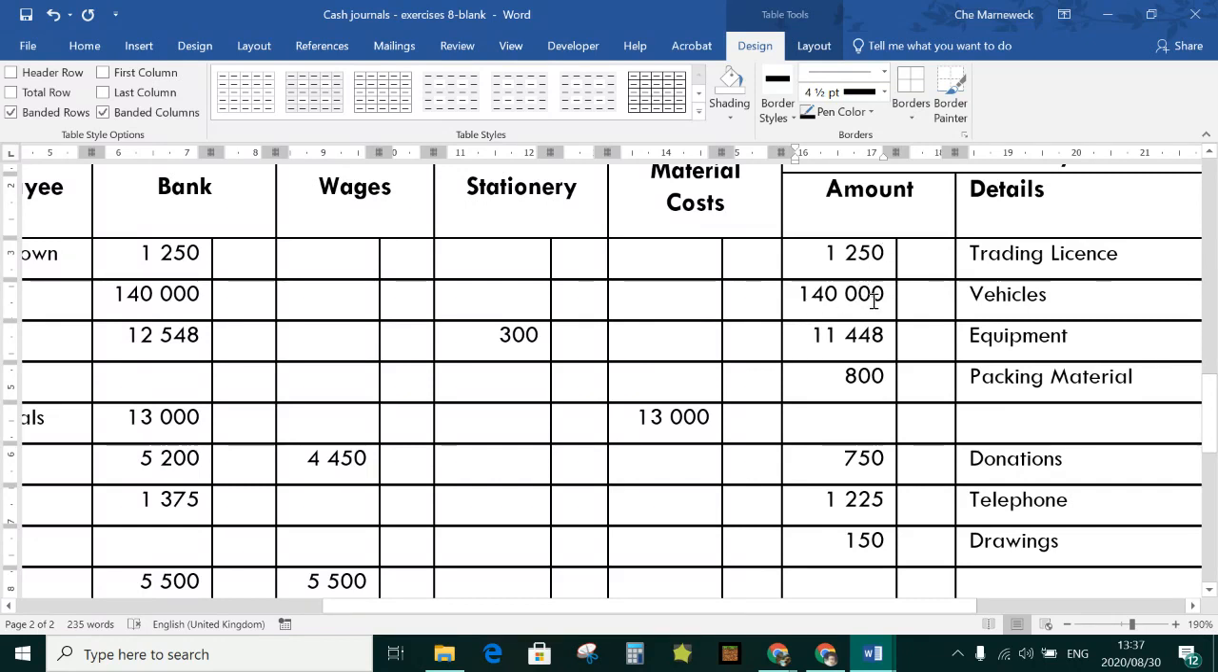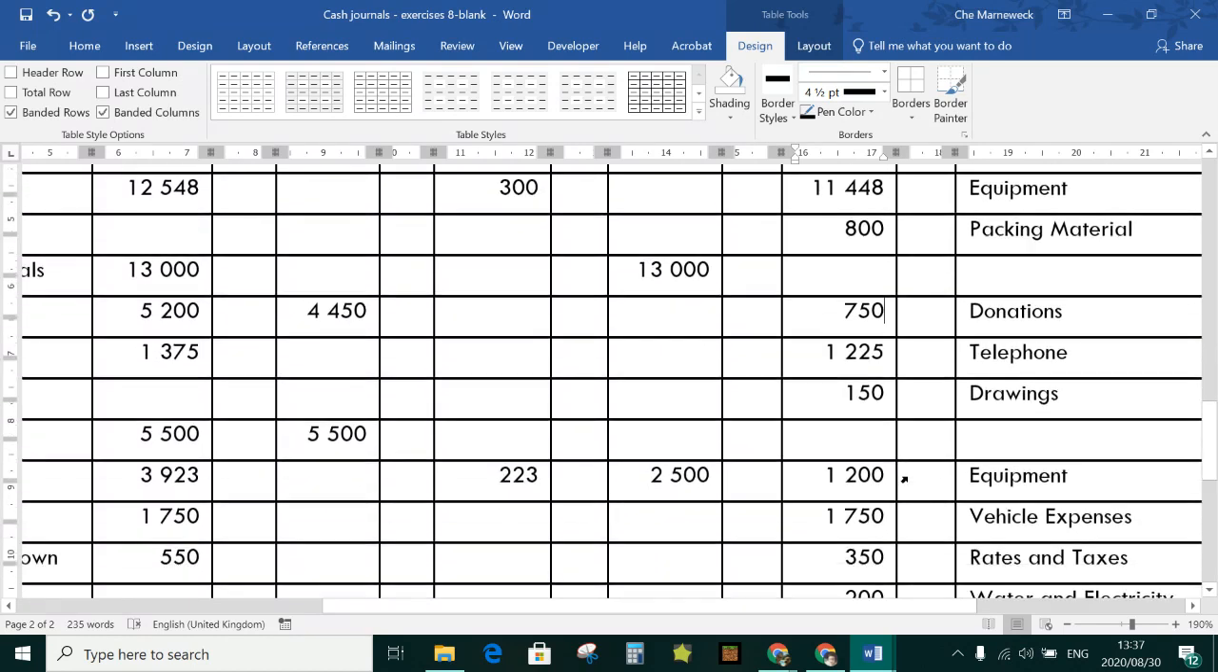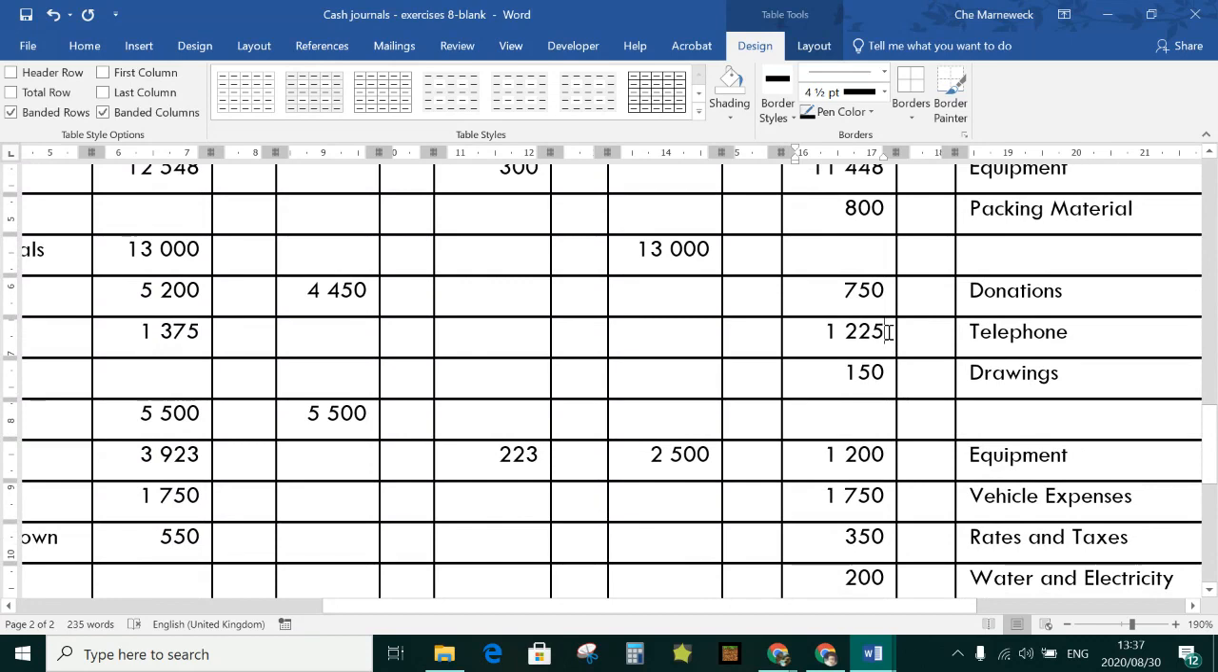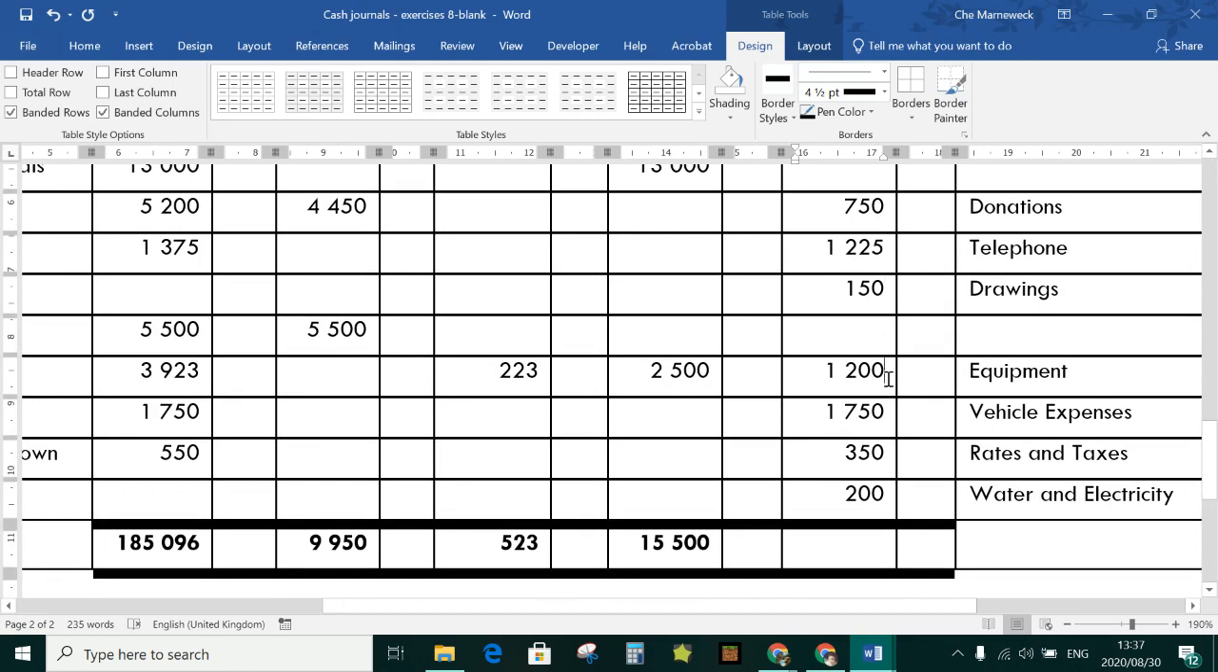1,250 plus 140,000 plus 11,448 plus 800 plus 750 plus 1,225 plus 150 plus 1,200 plus 1,750 plus 350 plus 200, and we get 159,123. We then want to check that our bank figure is correct, so we're going to add the other columns